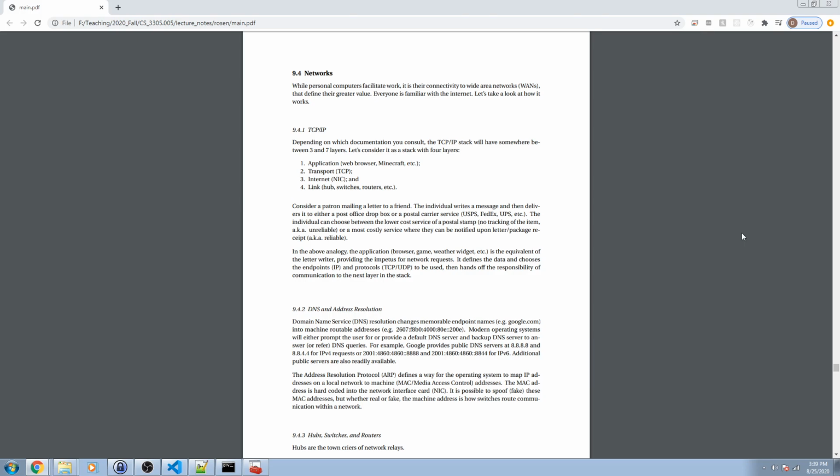their real value is the fact that they can connect to other computers, and so I think it's worth taking a look at how that happens, and a little bit of the jargon that goes along with it to demystify what's going on there, and then